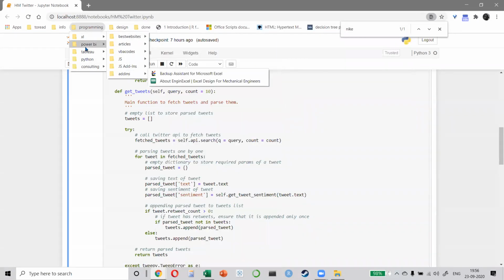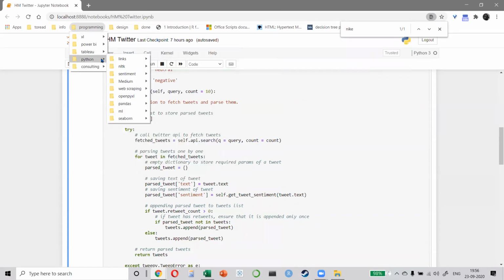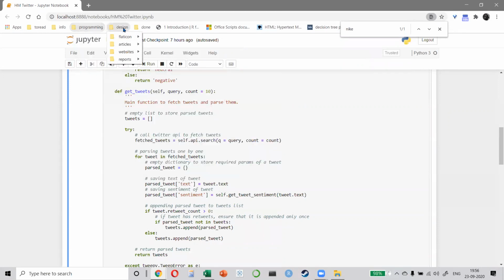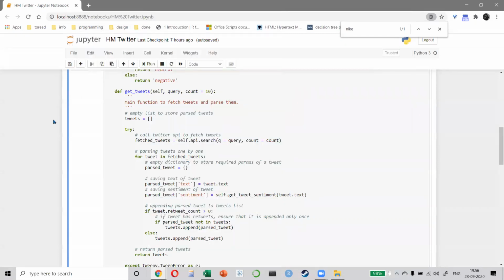Just imagine how much effort it takes to put everything. And I'm not just right click, save, right click, save. These are all things that I've already read or I'm reading or I'm working on, right? This is what I'm saying. This is what is important. So when you're working, it's important to catalog everything and remember that learning and becoming a data analyst is a journey. It's not a destination.